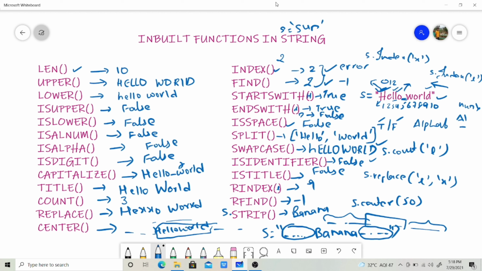And in this we have two types, lstrip and rstrip. Lstrip is used to remove the left side spaces and rstrip is used to remove the right side spaces. For example, if you take s is equal to space space space banana space space space, then if you write s dot lstrip, it will give you banana and it will give you the spaces at the last as given in the given string. And if you write rstrip, it will give you the front spaces and it will print banana, it will not give the last spaces.